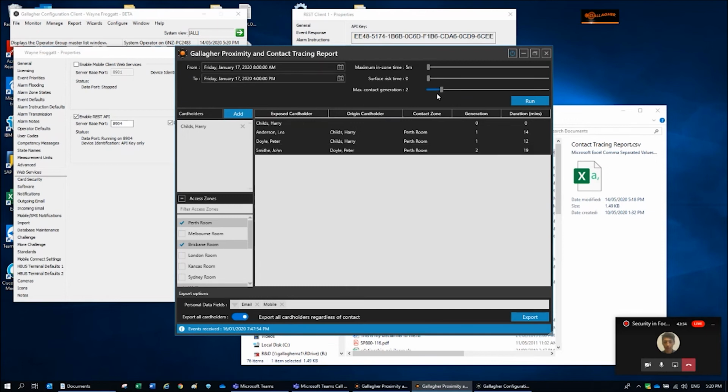Notice as I moved that from 2 down to 1, it actually updated automatically. So it shows just the generation 1 contacts as my maximum now. So if I export, I think this is going to work. If I export that data,